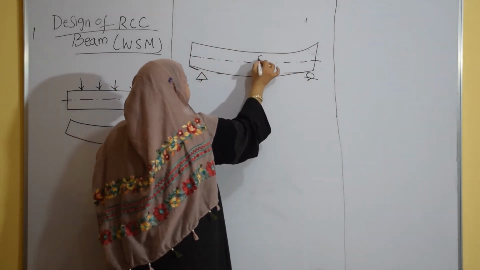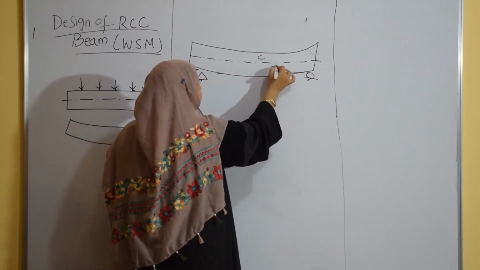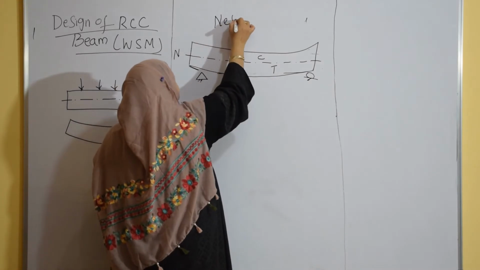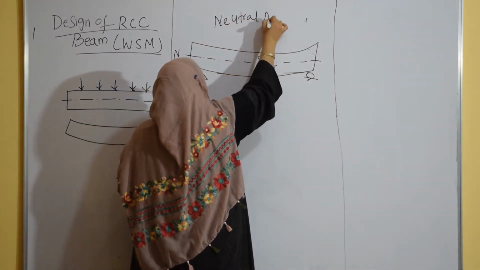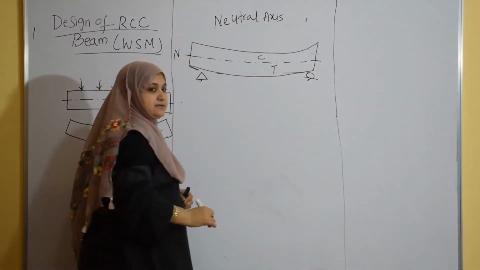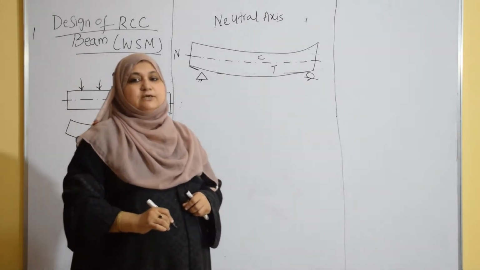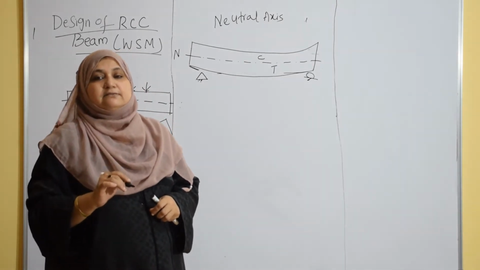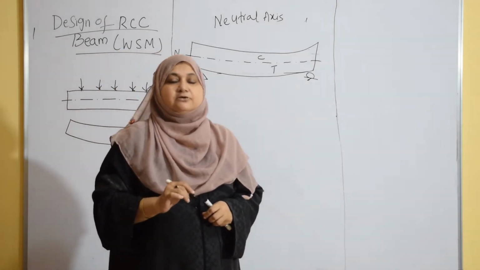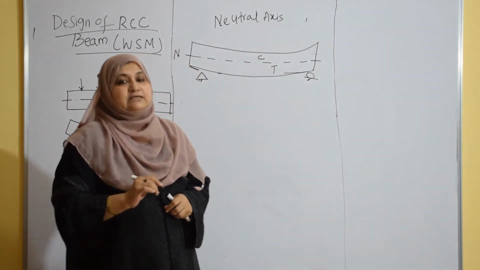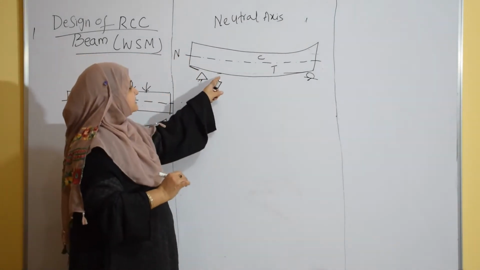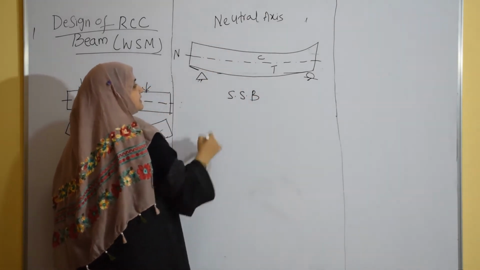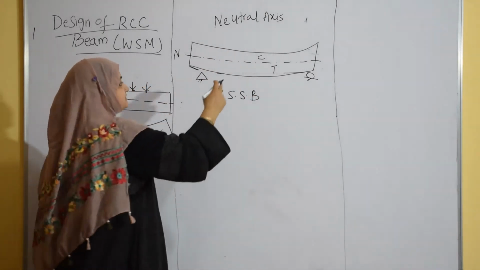The zone above is called compression. The axis below the compression zone is referred to as the neutral axis. So what is neutral axis? I'll explain once again. Just for the time being, you can say it is an imaginary line passing through the CG of the section. Along this line the member will be neither subjected to compression nor tension. That is why it is called the neutral axis. This is a simply supported beam subjected to transverse load in bending condition. So this is in tension.